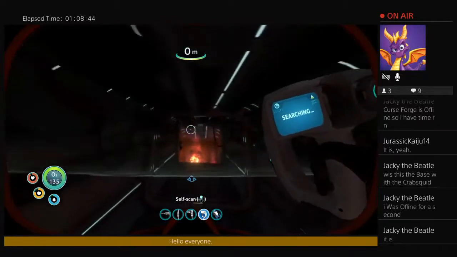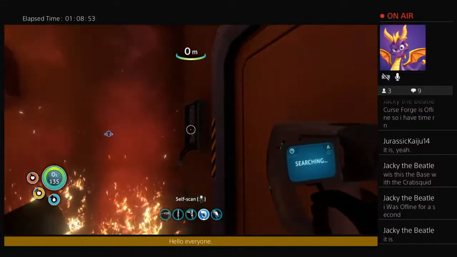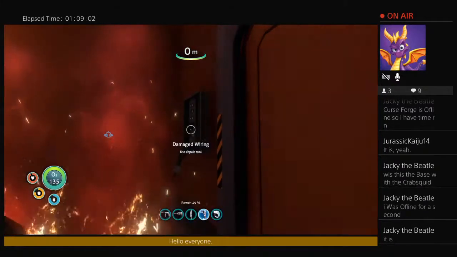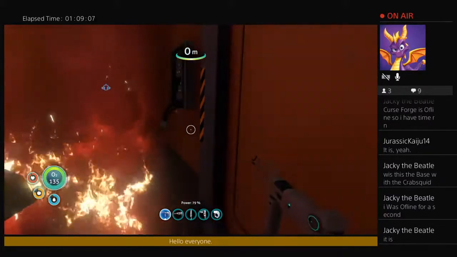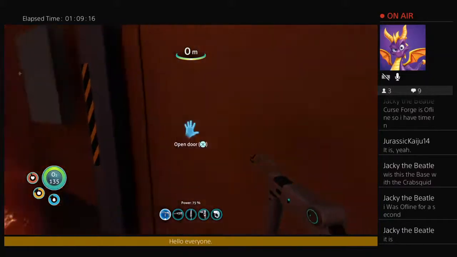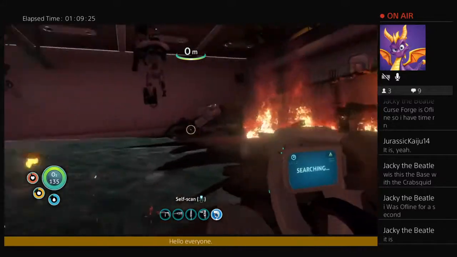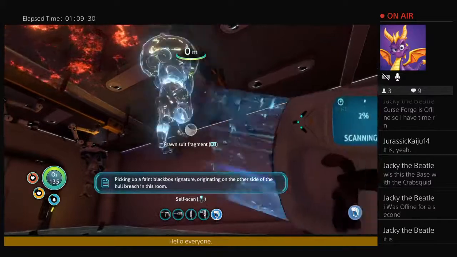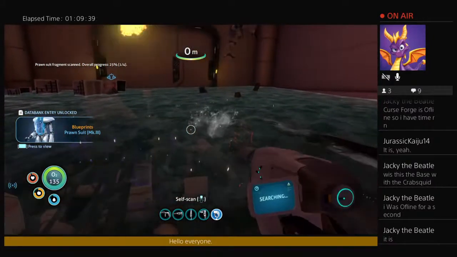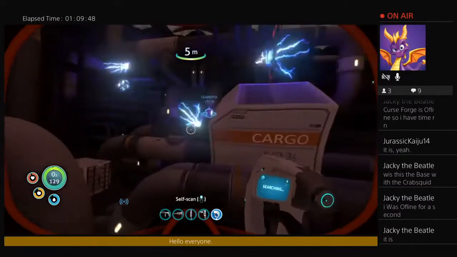So obviously here's where I'm supposed to go now. And of course I forgot. Oh wait, no. Prawn Bay. Okay. That is a mostly intact prawn suit. Picking up a faint black box signature originating on the other side of the hull breach in this room. I need to be careful about the...